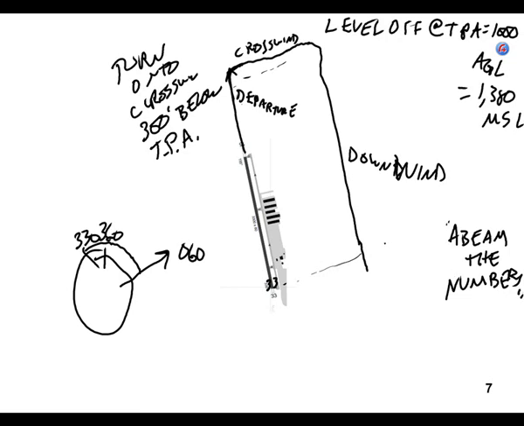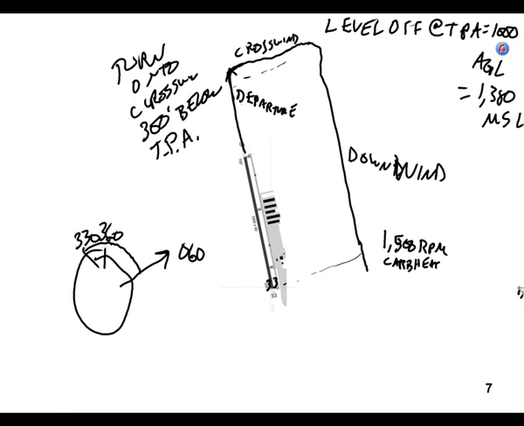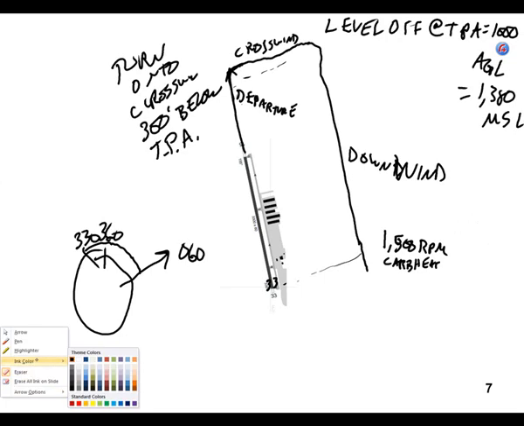So typically what you do at that point is you set the RPM to 1,500 RPM on the engine, and you put the carburetor heat on,